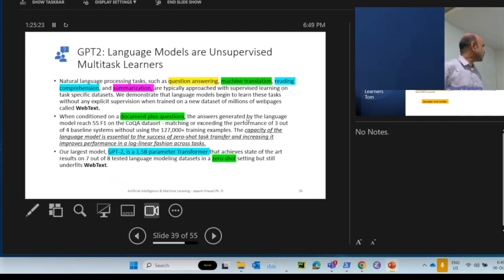Okay, like GPT-2 is a 1.5 billion parameter transformer. 1.5 billion, big number. And there is this technical thing, the zero shot learning. Zero shot learning means without providing any in-context example, you just ask a question, get the answer. Okay. And one shot learning is give at least one example. If I ask you a question and you ask me, please give at least one example so that I can answer, that's one shot learning.